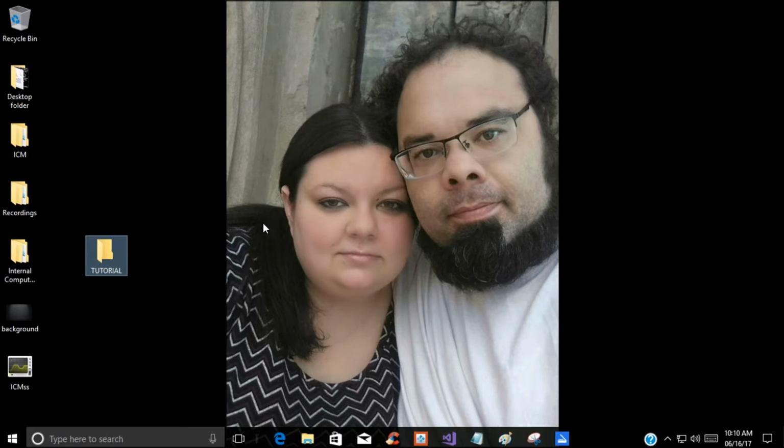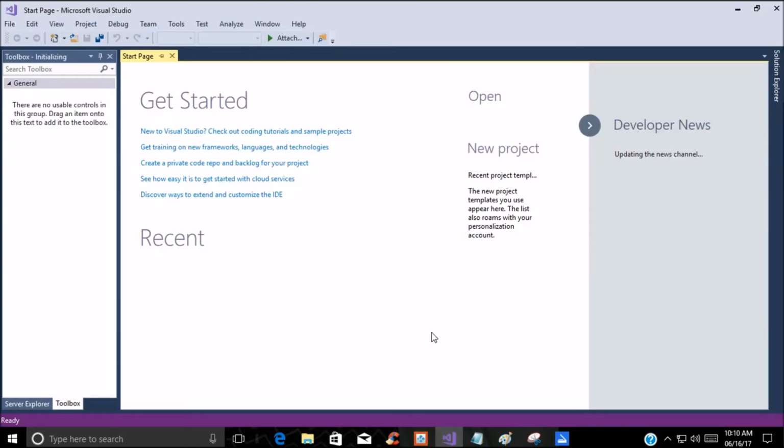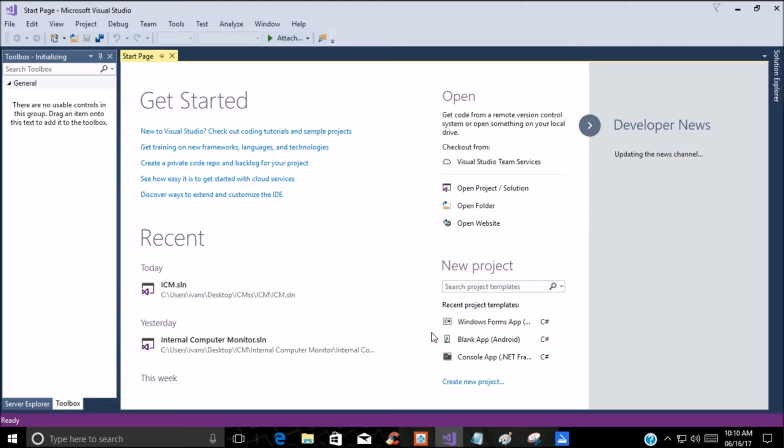Alright, you can add icons and stuff like that, but what I'm going to do is go ahead and open up Visual Studio, and my computer is running slow today. I've got to do some cleaning, and it's doing defrag and stuff like that in the background. I've got a 1 terabyte hard drive, 12 gig RAM, and I'm pushing the CPU to the max because I think it's a